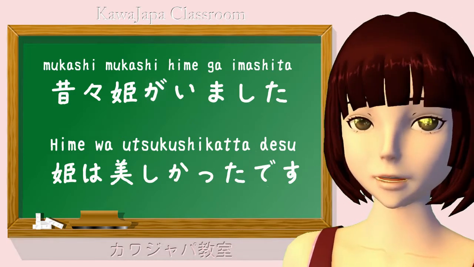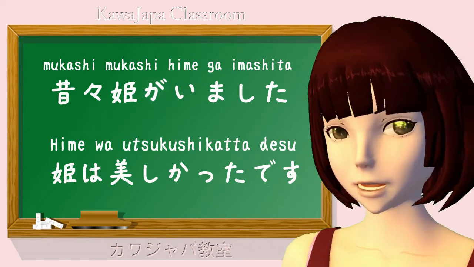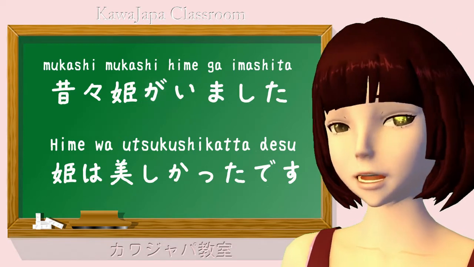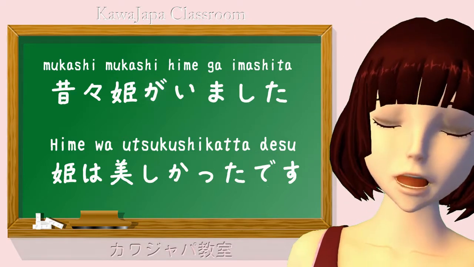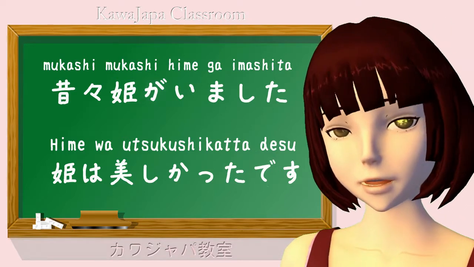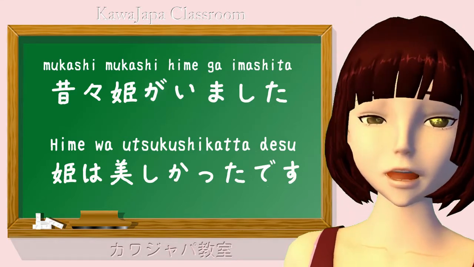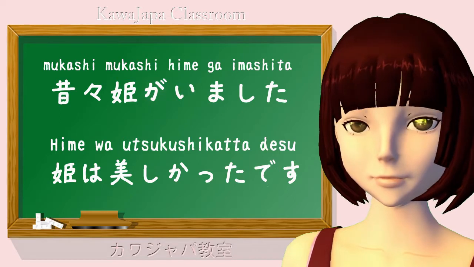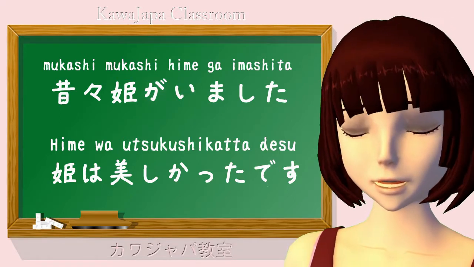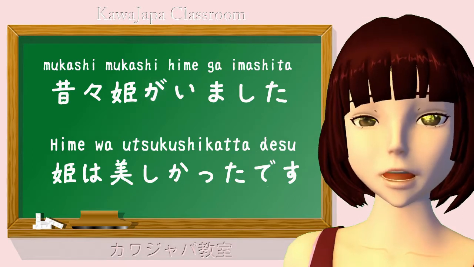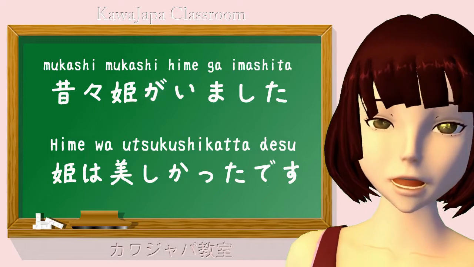In the second sentence, the princess has become old news. We already know there's a princess. Now what we want to know is something about her. So wa throws the emphasis forward, not onto the noun that it's marking, but onto the comment that follows the noun. Wa distinguishes the noun from other things. It tells us what it is we're talking about, but then it throws the emphasis forward onto the comment.